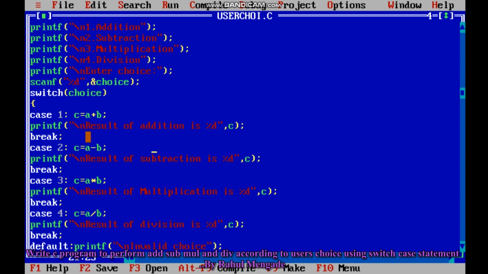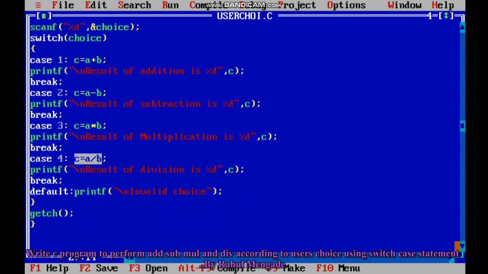If the choice is 2, that means it will perform the subtraction operation and then the result of subtraction is displayed by using this function printf. Then if the choice is 3, that means it will perform the multiplication operation. If the choice is 4, that means it will perform the division operation, and if this choice is not from 1 to 4, that means except 1 to 4, then